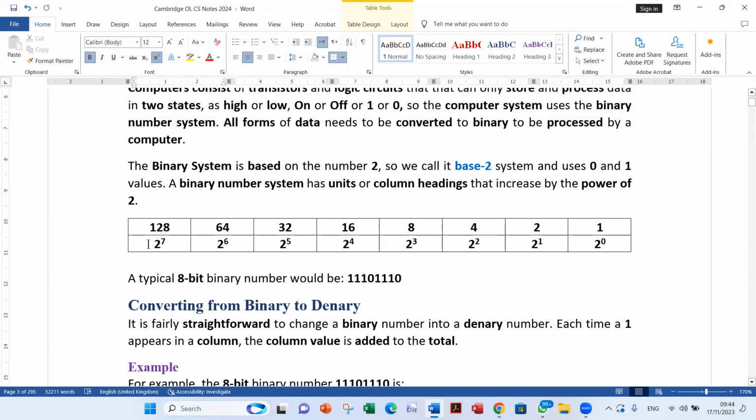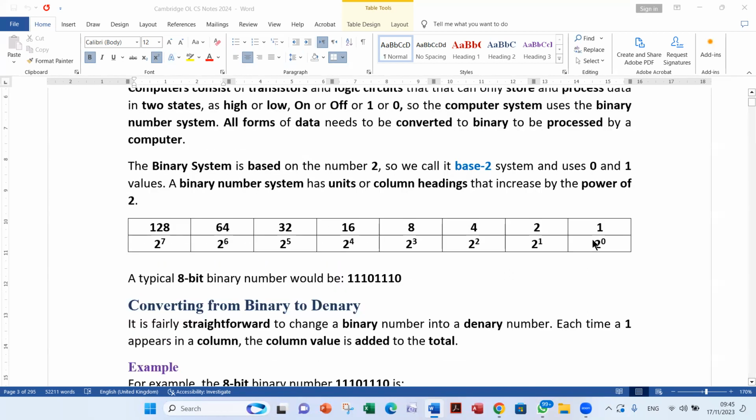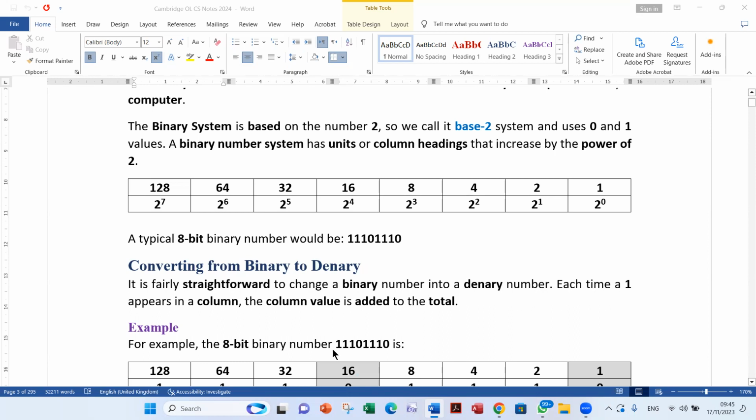Each time a 1 appears in a column, the column value is added to the total. Let's go directly into an example. The example says, we would like to find the denary equivalent of the 8-bit binary number